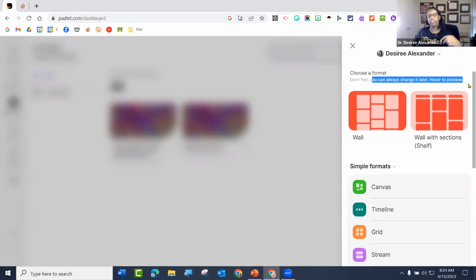Jamie says, how is this different from Wakelet? First and foremost, Padlet was out way before Wakelet. So how is it different? I feel like Wakelet has more of a, I keep wanting to say podcast, but that's not what I wanted to say. The word is escaping me. It has more of a, not social media either, a blog vibe. That's how I was trying to go.